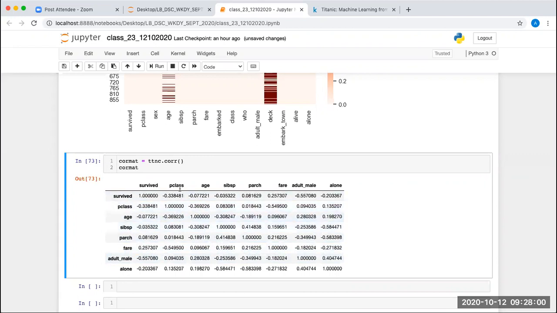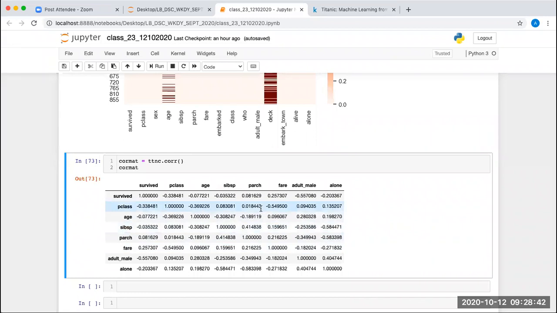Now if you check based on this, yeah, this is a good correlation between parch and sibsp. It means siblings and spouse and parch are highly correlated. Highly correlated means compared to all other values, this one is the highest. If you take survival with respect to the fare, it is 25%, whereas in the case of parch and sibsp, the correlation is 41. So this is a good correlation, and that is what we need to analyze in the heat map.